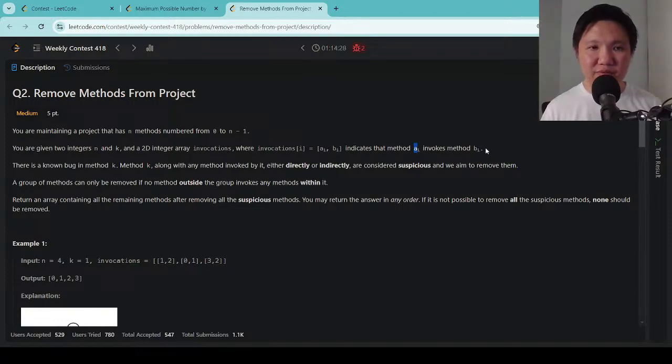This looks like a graph problem. Oh, it's definitely a graph problem. There's a known bug in method k. Method k, along with any methods invoked by it, are considered suspicious, and we need to remove them. A group of methods can be removed if no methods outside the group